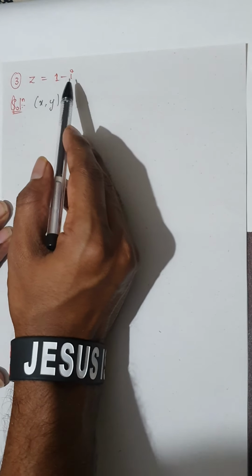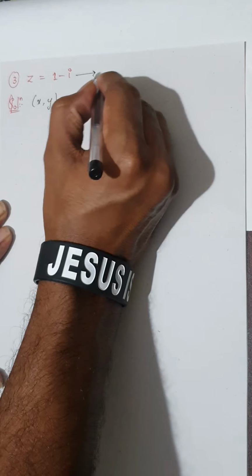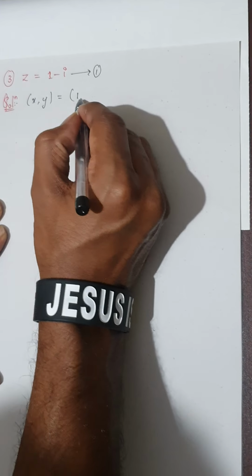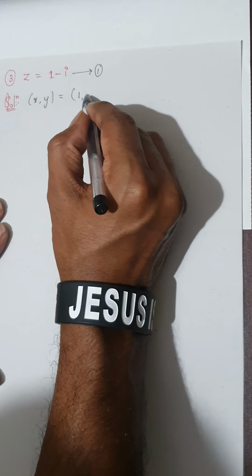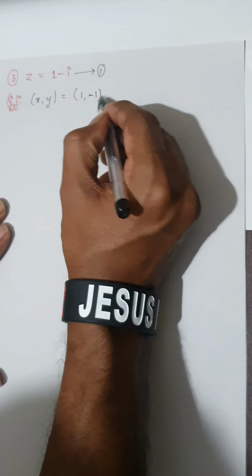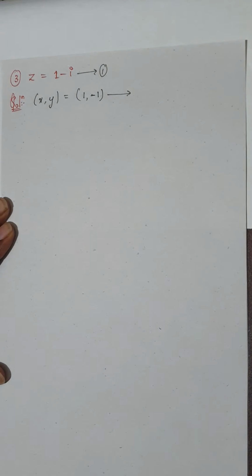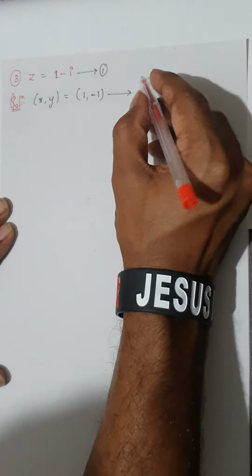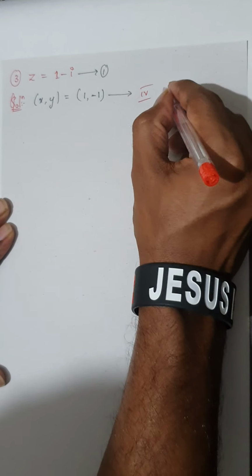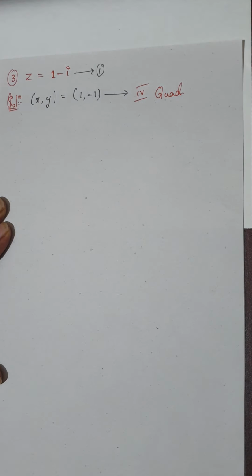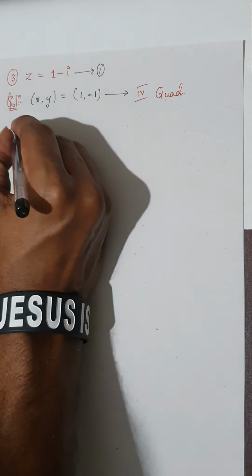Therefore the third question we have is z is equal to 1 minus i. Consider the given complex number as equation 1. So if you consider the values of x and y, real part x is 1, imaginary part y is minus 1. So consider plus and minus, we know this falls into the fourth quadrant, isn't it? This point lies in my fourth quadrant. So please note it. Once the quadrant is 4, theta value will be negative alpha. Okay, please bear it in mind.